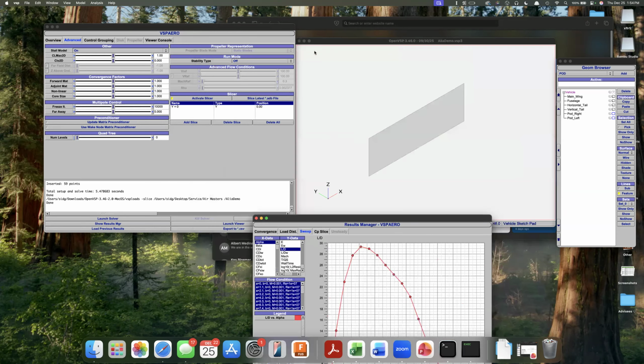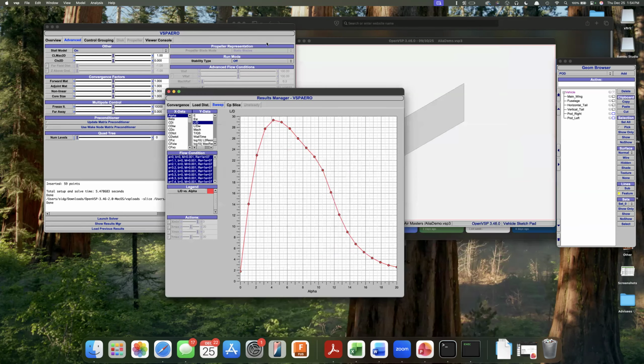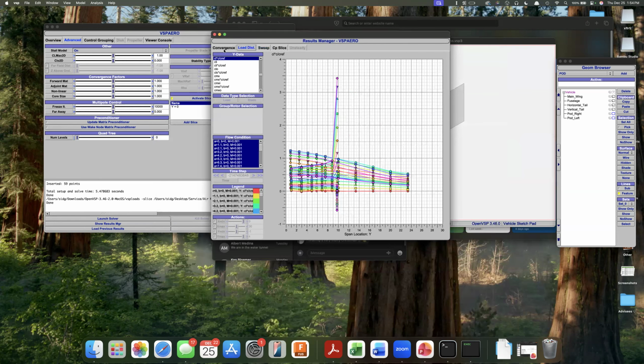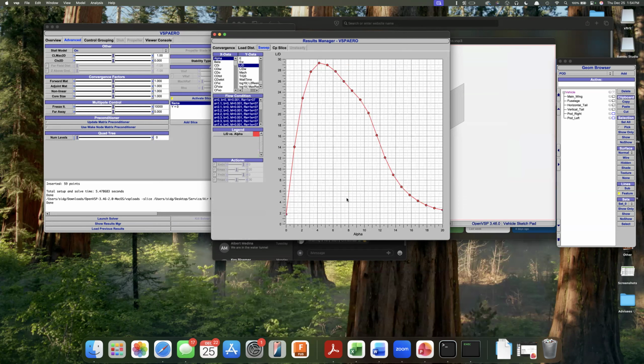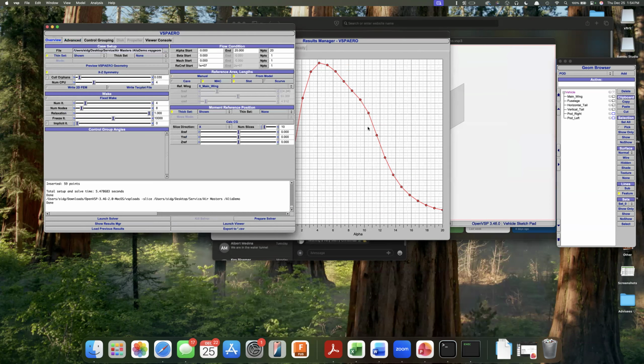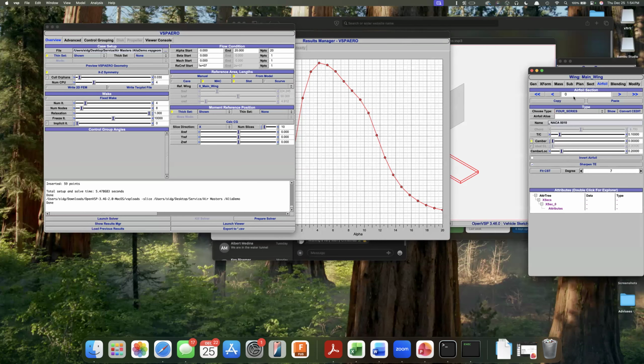Again, the software is capable of a lot more things than we talked about, but you have the basics here, and that's pretty much what we need. We don't need to go that deep into all of the different things to find differences in the performance. So if I go back to main wing, sorry, if I go to main wing and then say I want to